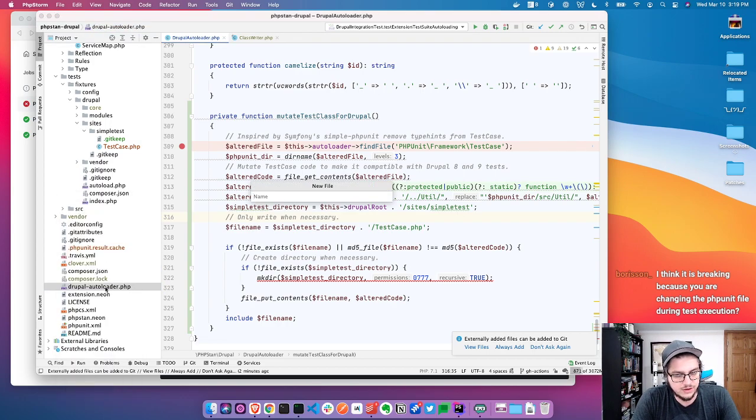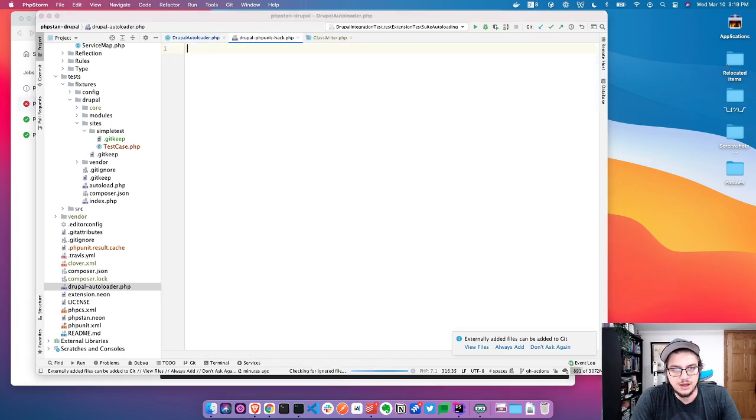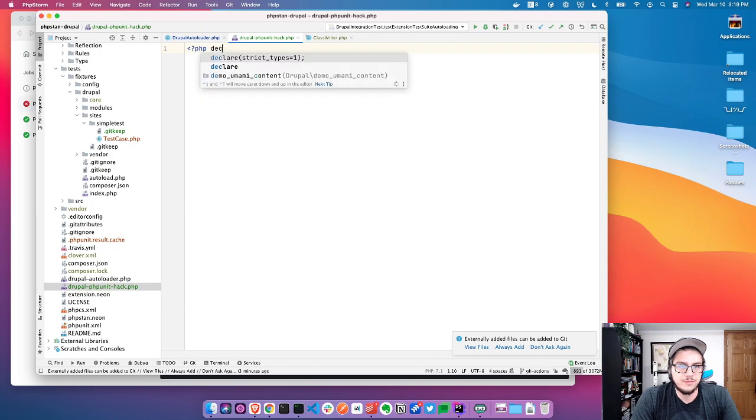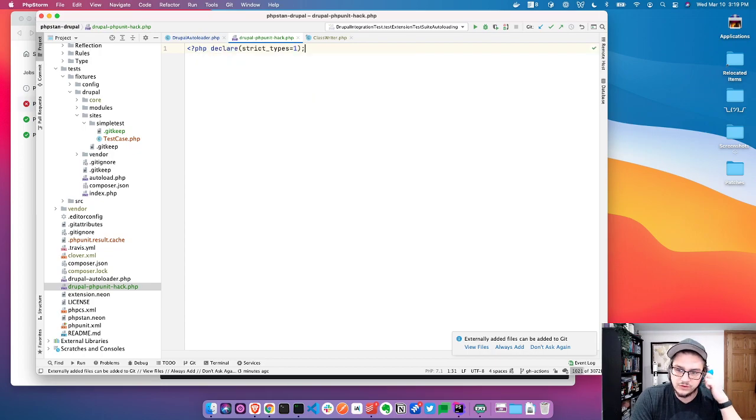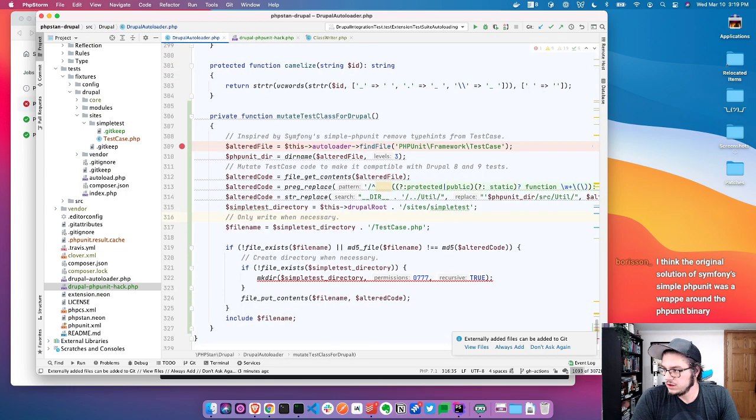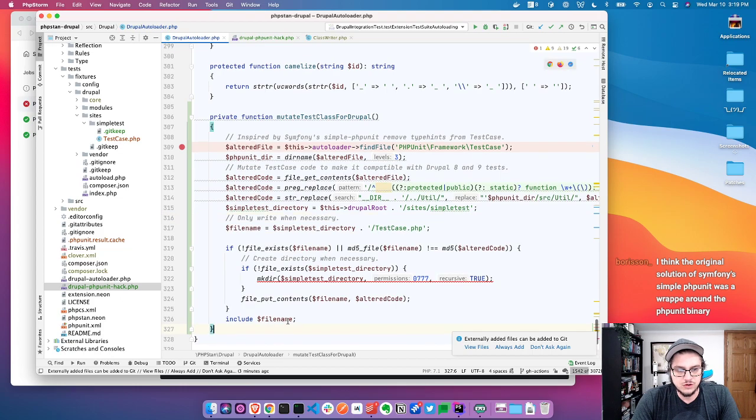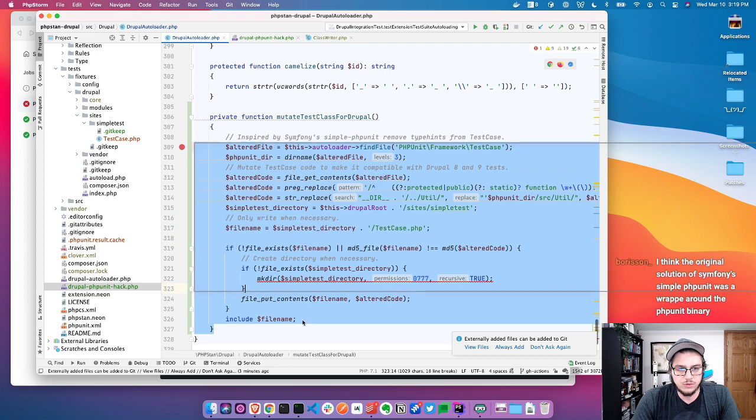So we're going to go back to this idea of Drupal PHPUnit hack. We don't care about where the code is. Drupal's just putting it there. We're just going to put it somewhere else. So there's a wrapper on the PHPUnit binary. Yeah, it's breaking because I changed the file in execution and it was already loaded. So what I'm going to do